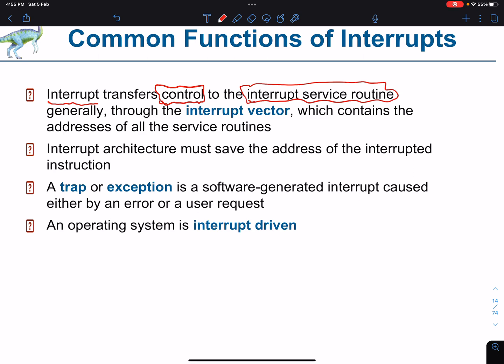You can see it as software that handles the interrupt. We can also call it the interrupt handler, through the interrupt vector, which contains the addresses of all service routines.